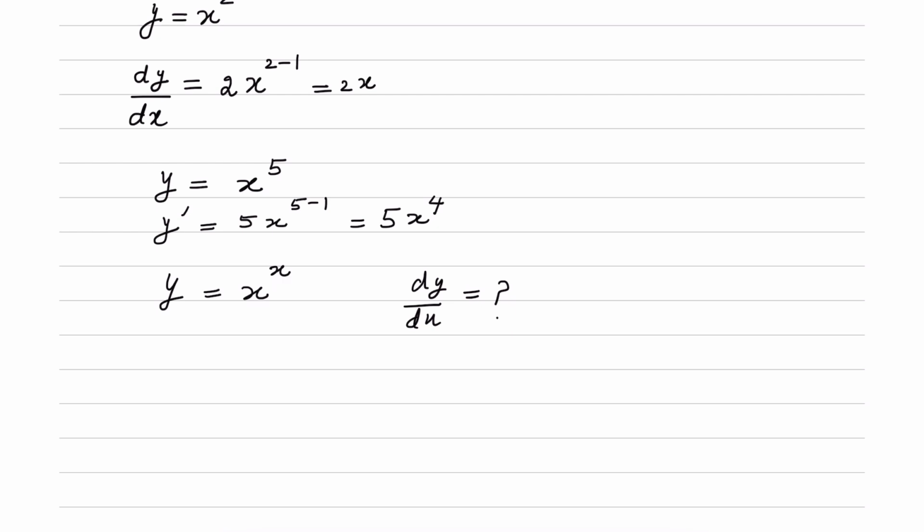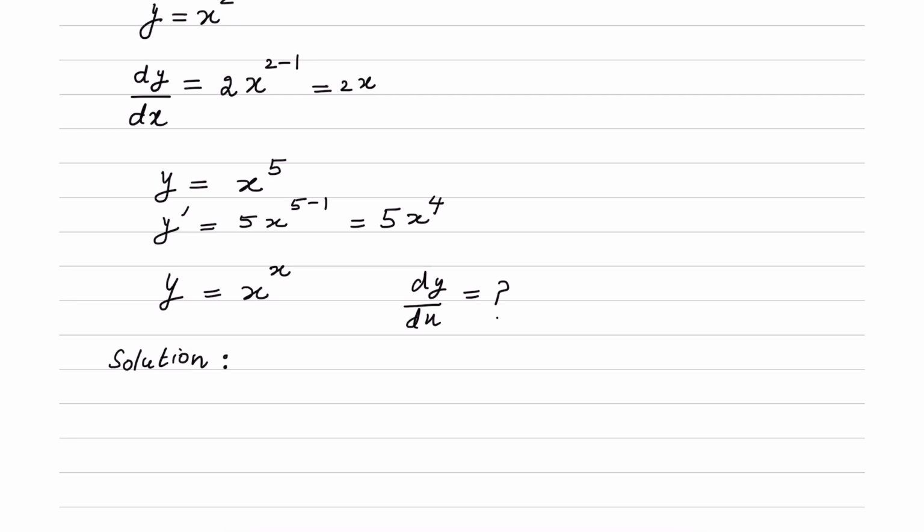So whenever the power of some variable is another variable or just a function in a variable, you cannot apply the power rule. The power here is not a number, but it's some function or a variable. In that case, you do the logarithmic differentiation, meaning that to find the derivative of variable y with respect to